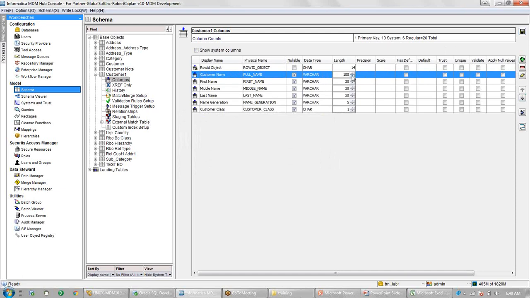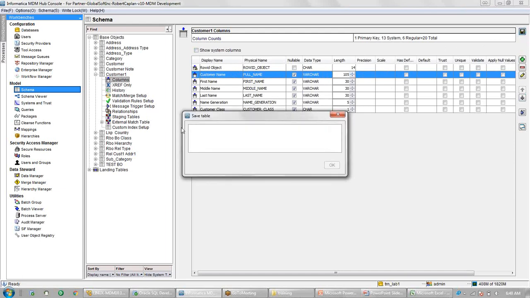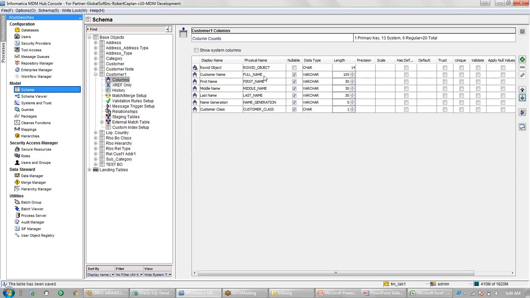For example, this is 100. If I try to reduce the length, it is not working. But if I want to increase the length, it will work. So we can increase the length of a particular column, but I cannot decrease the length of a column. So that is one restriction here. So in case, for example, you say that I have created this full name column wrongly, and I had to create it with some other name. As you saw that you cannot change the column, so we can delete it and recreate the column back again.